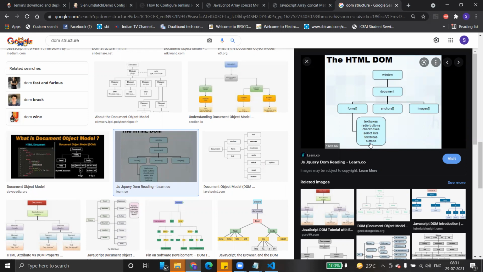We have so many models. Document object model. Different organizations have defined different standards. One of the standards is the W3C standard. The World Wide Web Consortium has its own standards to define a DOM. That is called the W3C DOM. This W3C document object model basically allows access and modification of all document content.